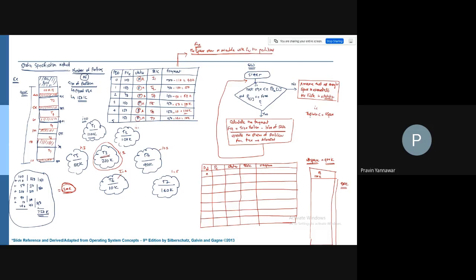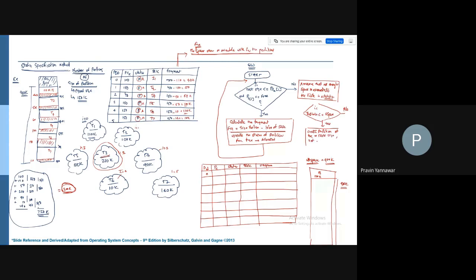If it is less than this, this is no and this is yes. If yes, then create a partition of size equal to the task size,